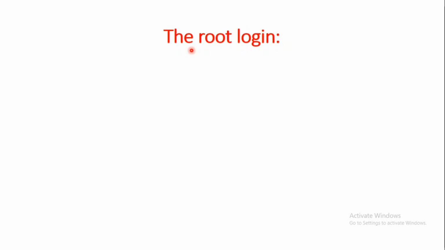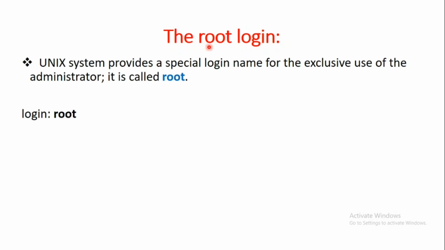Let us see what exactly a root login is. Unix is a multi-user environment, and in a multi-user environment we require an admin of a system, right? And this admin in Unix language is called root. So how can anyone log in as a root user? When a login prompt is displayed by the system, the username should be root, and the legitimate password for the root username should be entered. This password is normally set during the installation of the system. If the password matches with the login name, then the user becomes the admin of the system.